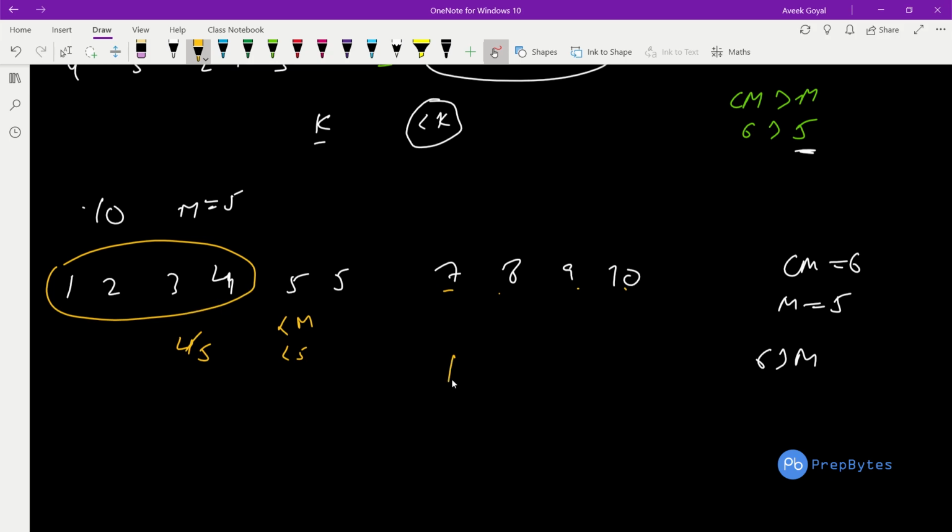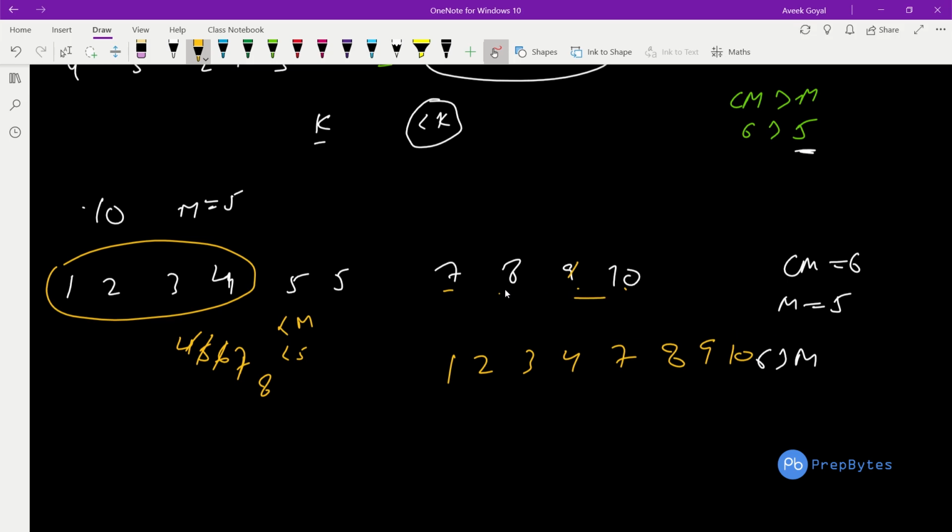So you add 7, the length increases, and the max is not changing. Now also for the set 1 2 3 4 7, the minimum element that is missing is 5, which we need. You add 8 into this set, again the minimum element missing is 5, so the length increased. You add 9, again the same, and you add 10, the same. We need to find the maximum length. So all the elements that are less than m should definitely be there, and all the elements greater than m should also be selected, because in this particular question we need the maximum length.